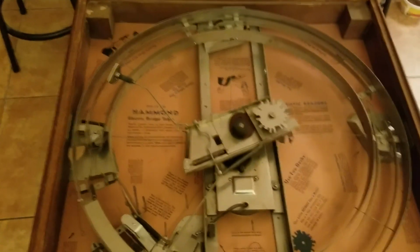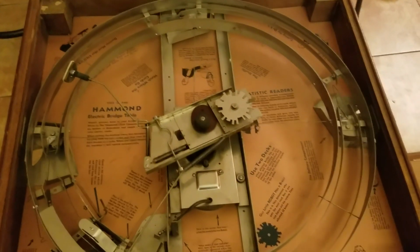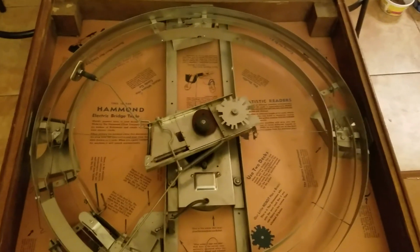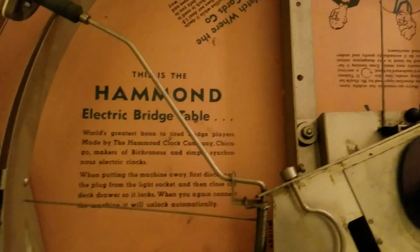The Hammond Clock Company was in a lot of trouble because the Great Depression had happened and over 100 clock companies had gone out of business. No one could afford a clock. Electric clocks were a luxury. And the Hammond Company wanted to stay in business. So Lawrence Hammond, being the genius inventor that he was,